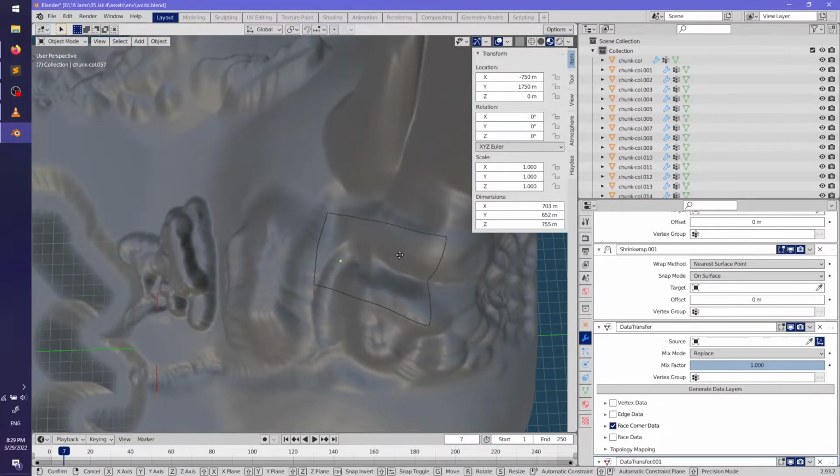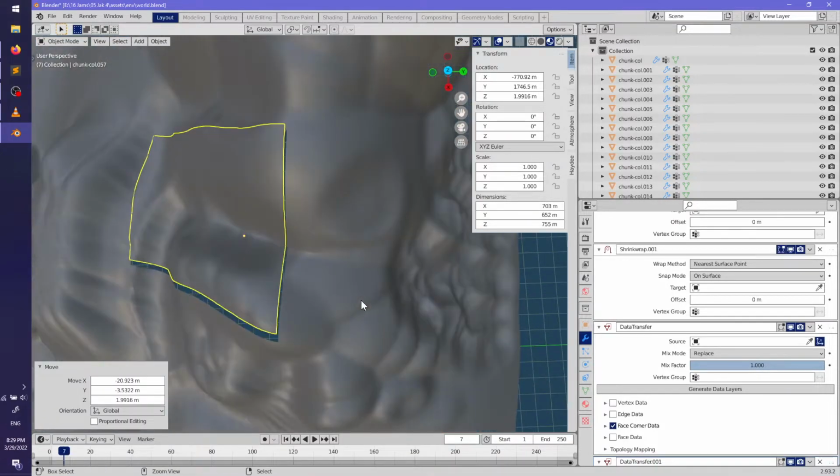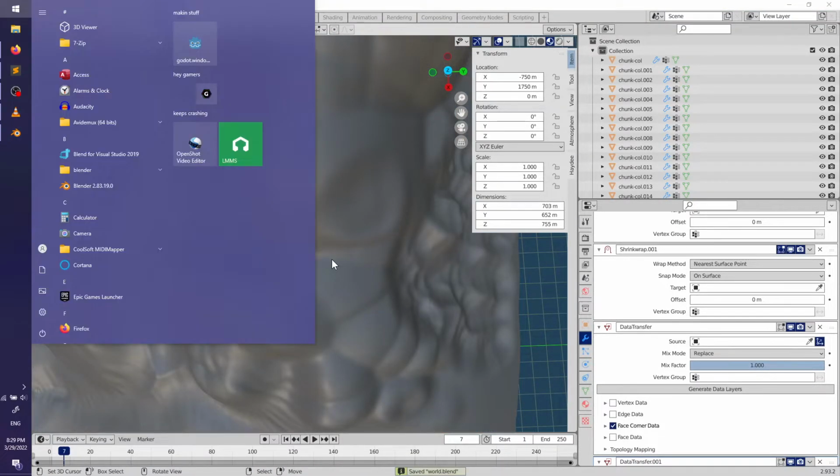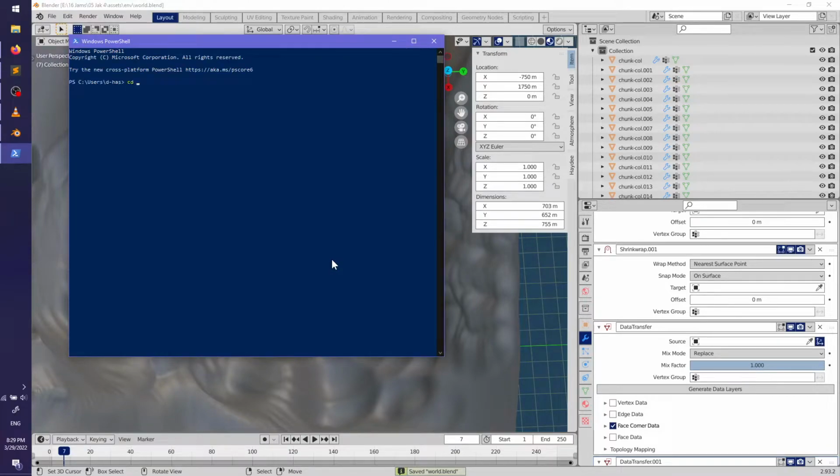I hope I don't decide to redo all of the terrain again. Actually, that scares me.